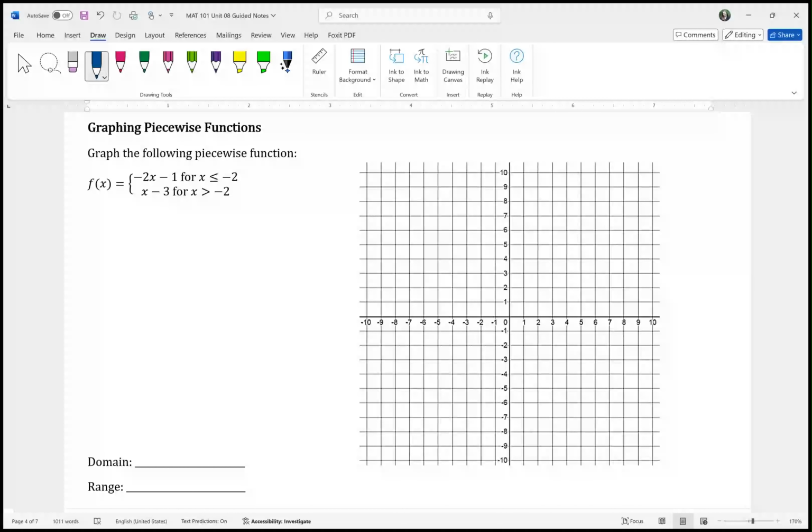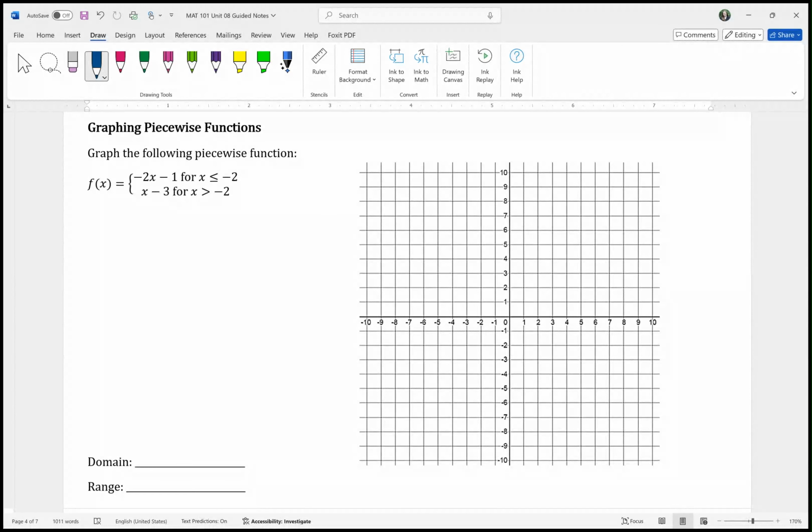Let's look at graphing piecewise functions. Now, for the purposes of this video, I am specifically working this way in order for my students to put this in the computer. However, this is still really helpful for graphing any piecewise function. So for putting it in the computer, what I want to look at first is